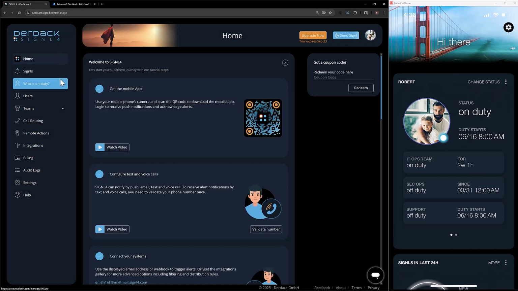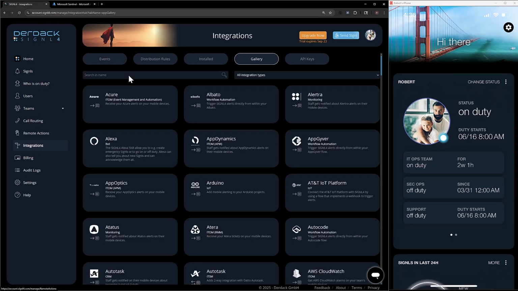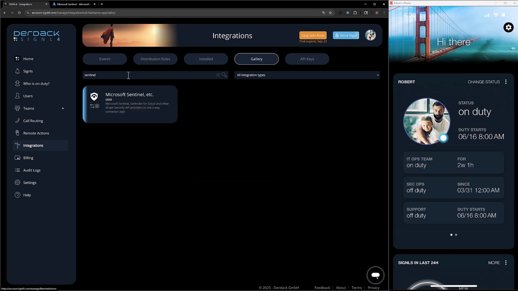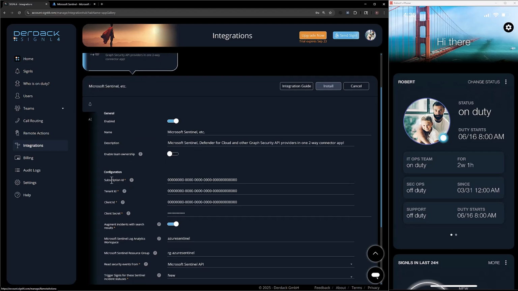To set up this integration, the first thing we need to do is go to Integrations, then go to our gallery, and find the Sentinel integration. And here we see we have our Microsoft Sentinel integration. If I click on this to expand it out, you'll notice that right off the bat, the first couple of pieces of information we need are a subscription, tenant, and client ID, all from Azure, as well as a client